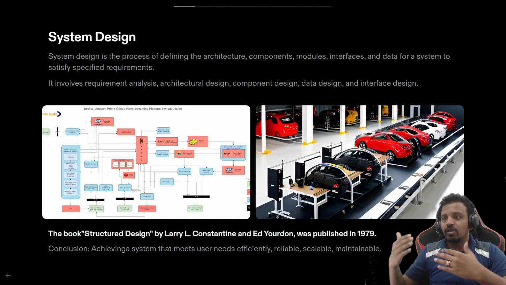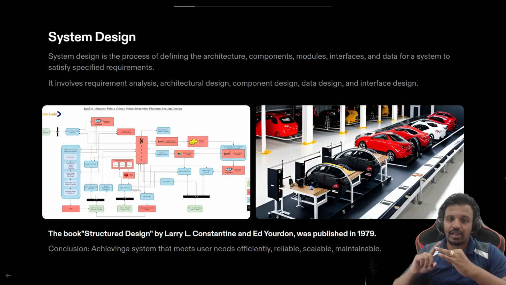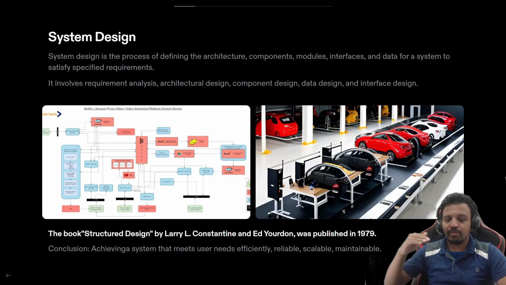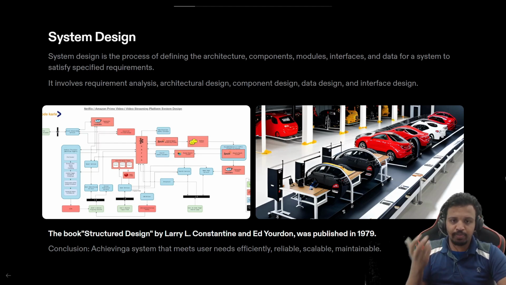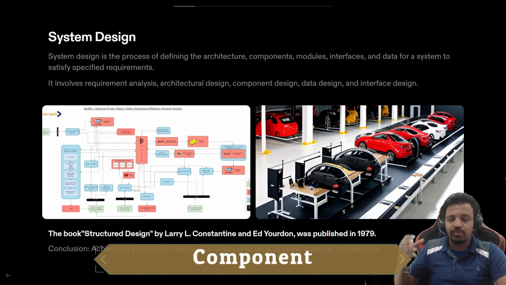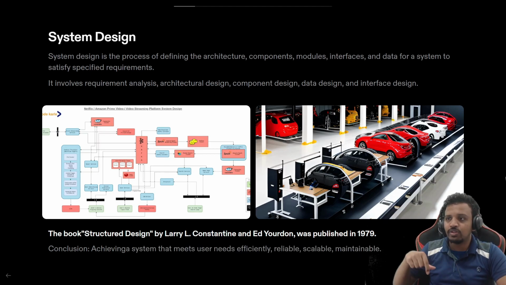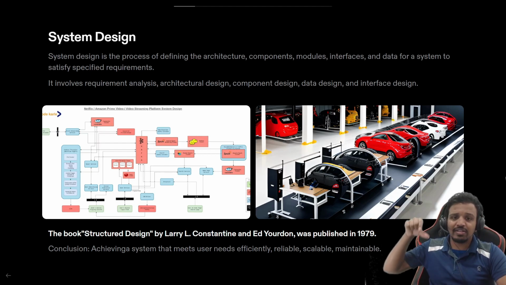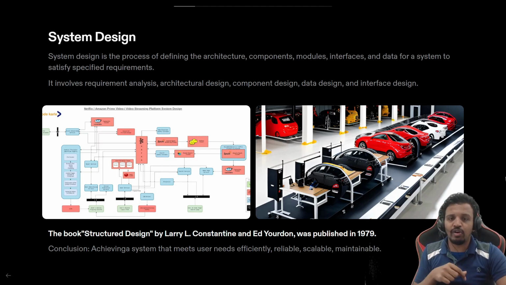Architecture is mostly concerned about the structure, layout, flow of controls, and all such things. Components are basically high level building blocks. Let's take a common example of construction itself. When we say components, we can say there are going to be 3 blocks in a society: the first block here, the second block here, the third block here. In each block, there is a number of flats. So these are high level building blocks of the system that we are planning to design.